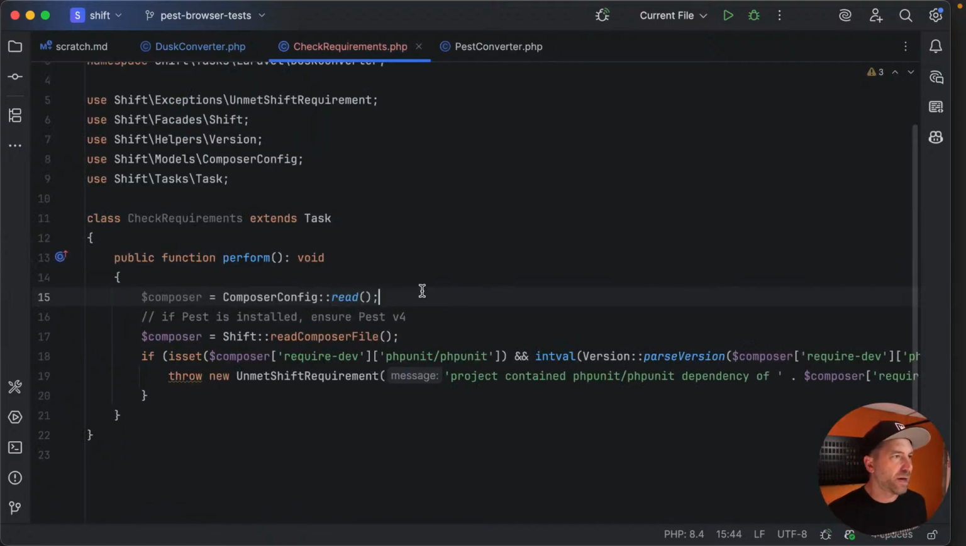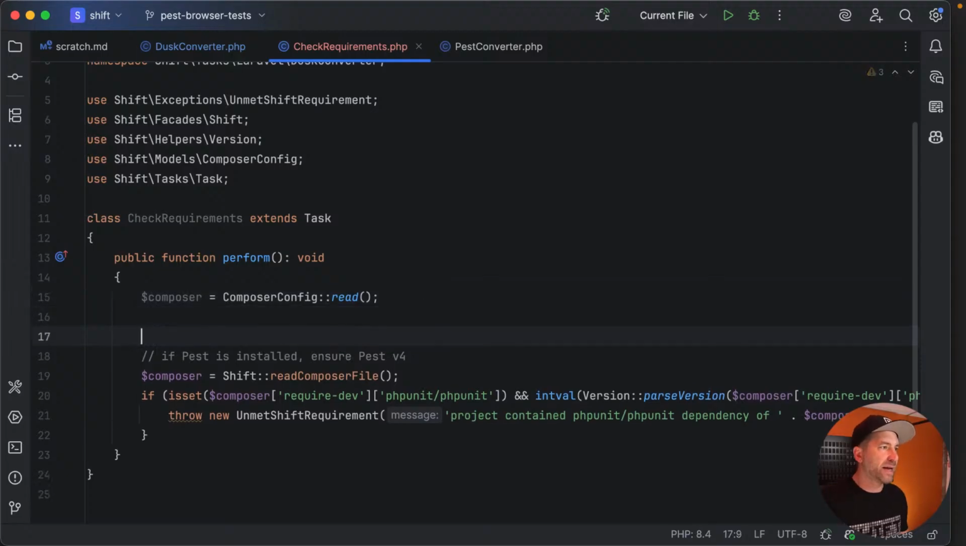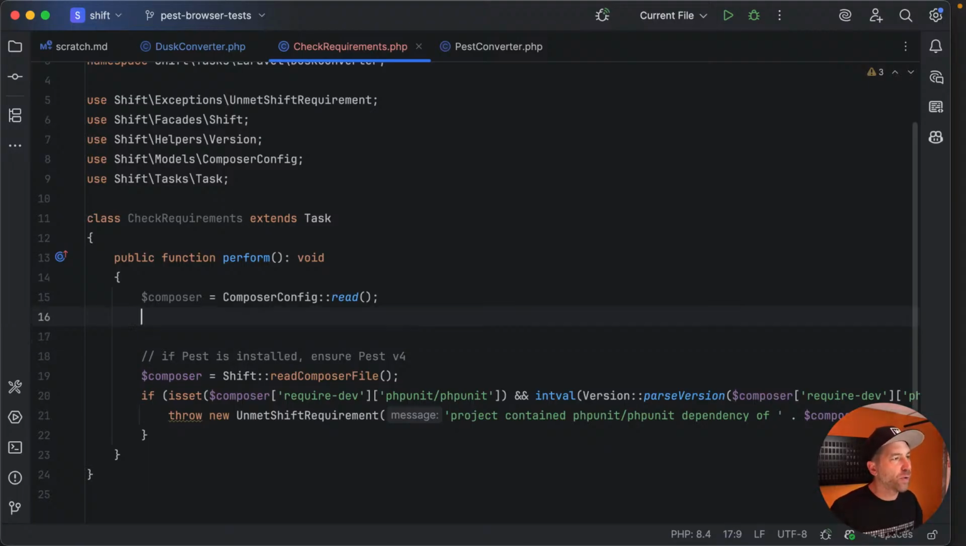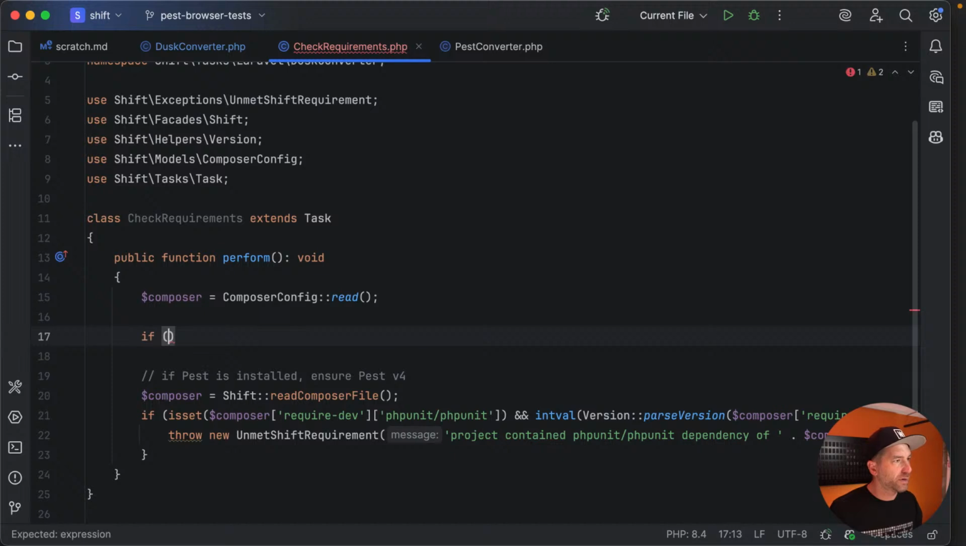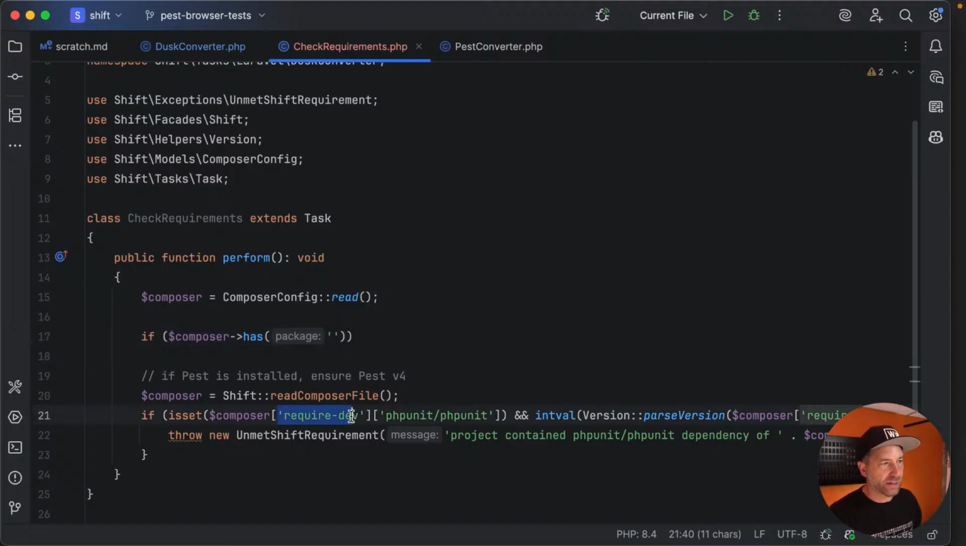DTOs are kind of dumb. This has stuff on it, right? So it parses it into, I think, a model is a better way to think of it. And now we're able to do things with this in a more appropriate way. So what I want to do is say if composer, I think there's a has, there we go. What's nice about this versus what I'm doing down here is I don't have to be so specific on require or require dev or whatever, right? I can just say, does this thing have